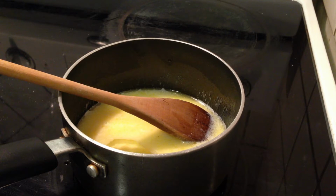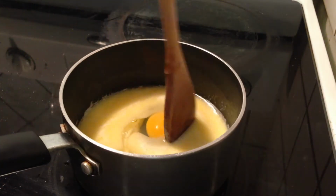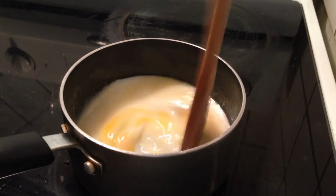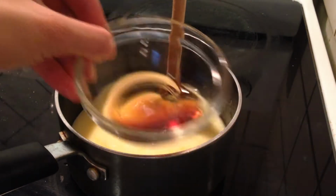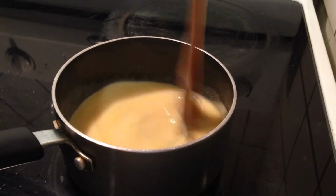Then crack in your 2 eggs, the first one, and in goes the second one. Give it a quick stir. Then we'll finally add our vanilla extract and stir it again. Now we're going to remove it from the heat,